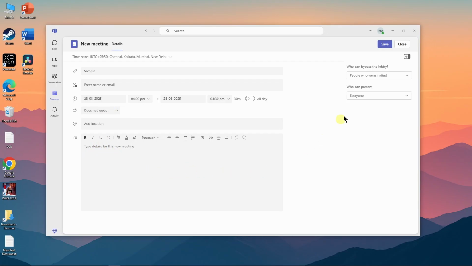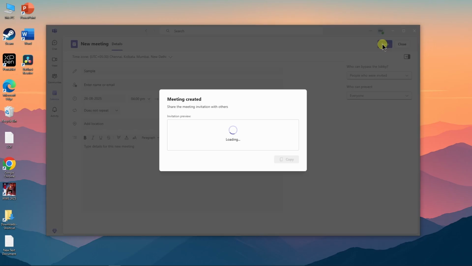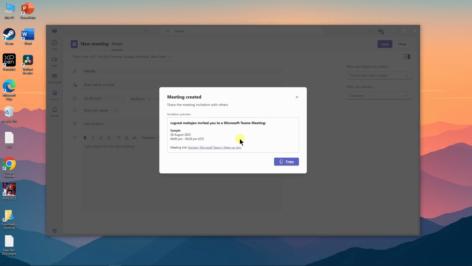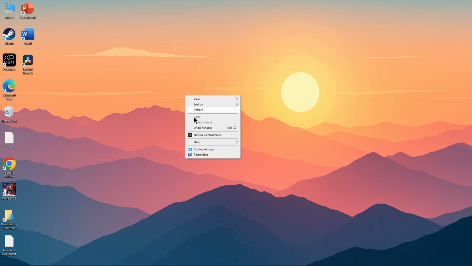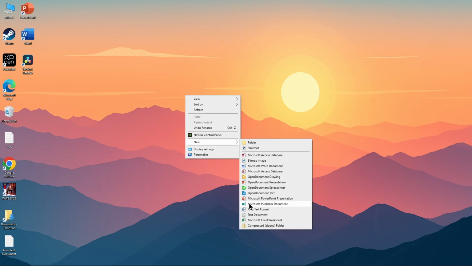Now to save these changes, we need to click on save from the top right corner, and then it will show you this meeting preview here. Now to get the link, we need to click on copy from here, and then the meeting link will be copied on your clipboard. Now I want to show that here, so let me just create a new notepad,